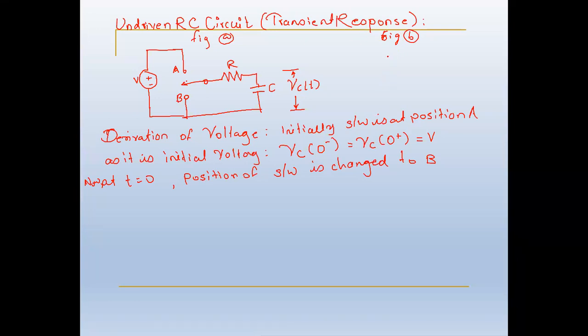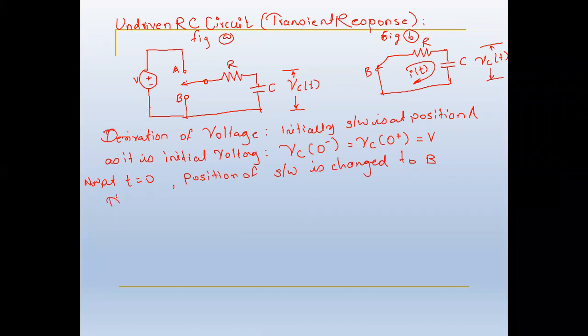So here it will be like a resistor will be as it is, there will be a capacitor, but the thing which is being changed is the source. Okay, so voltage across it is Vc of t, and the current we will call I of t. Why? Because the switch is being closed at position B at t is equal to 0. Now it is connected to position B, and the equivalent circuitry we have drawn through figure B.